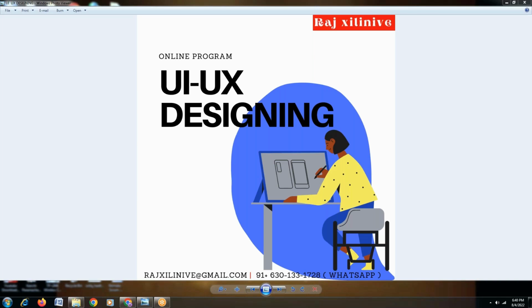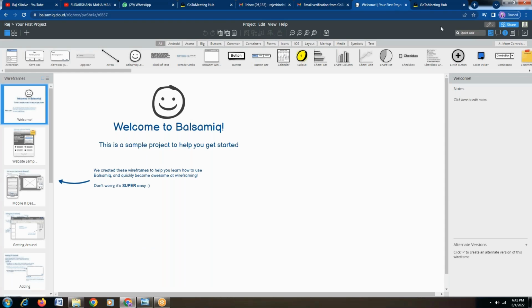As an example, today I'm going to show you how it generally looks in reference to the tool called Balsamiq. As I stated earlier, Balsamiq is a tool widely used for creating wireframes and mockups. So today I'm just going to show you how it looks in Balsamiq. So this is what the Balsamiq tool generally is.